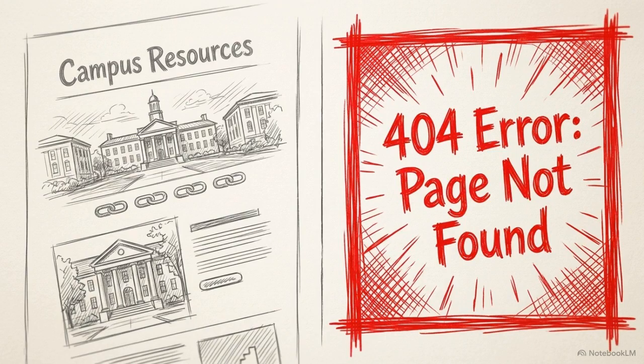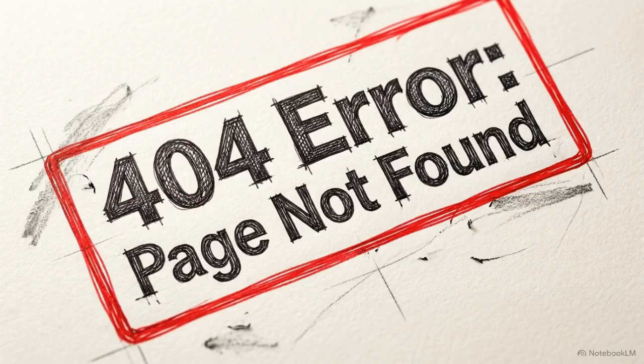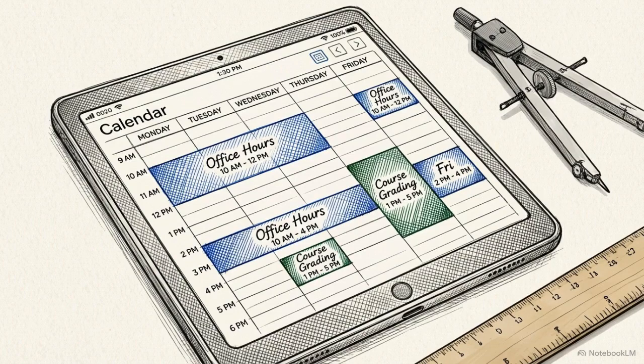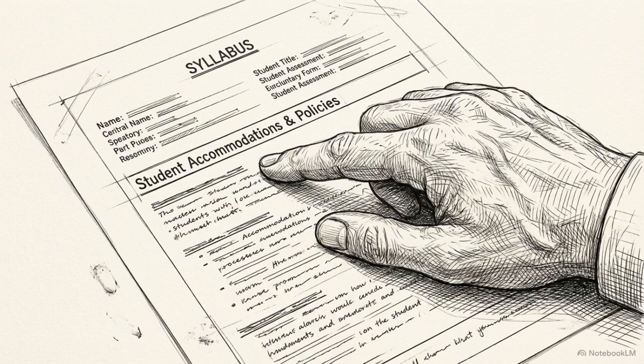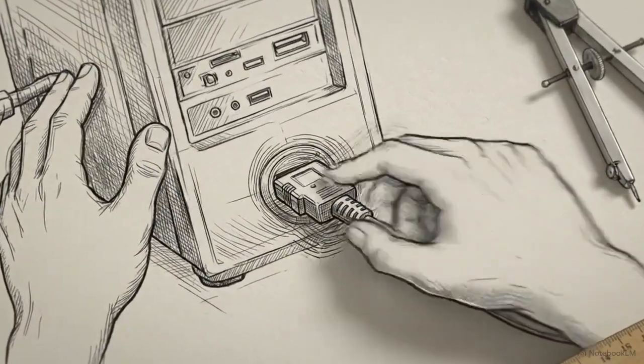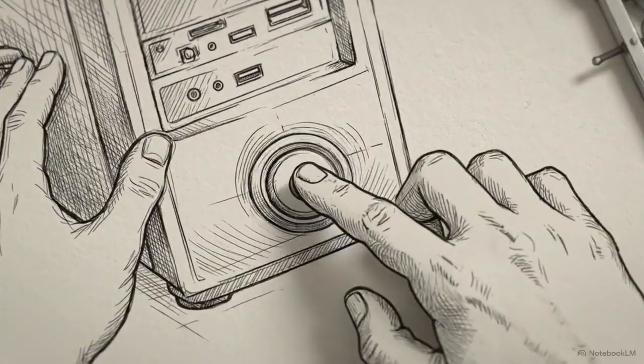As shown on the right side of this screen, directing students to outdated or broken institutional web pages is a critical failure point. You must verify that links to vital resources like accessibility and disability services are current and functioning. Defining these explicit rules of engagement proactively protects your valuable time as an instructor and guarantees the student's academic rights are clearly documented. Before any coursework happens, you must establish strict technical and academic baselines so your students can actually